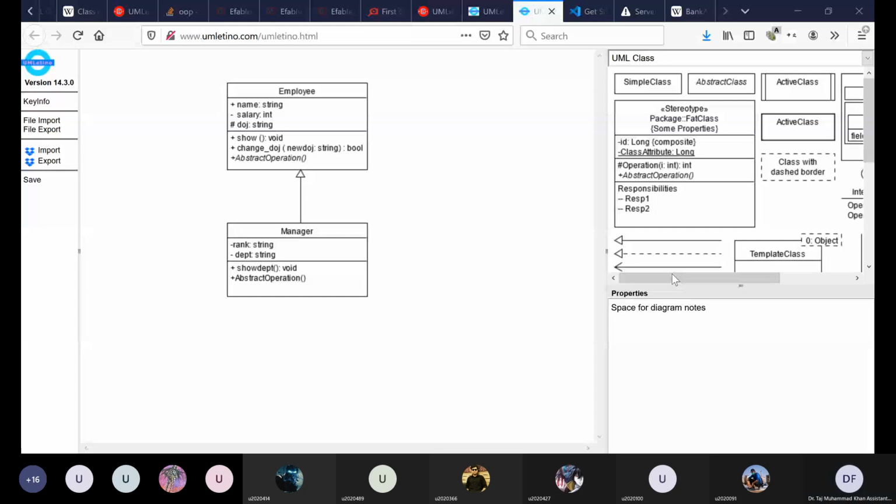Protected members are. So I want to talk about some relationships. You can have different kinds of relationships. One of the very useful ones, the simplest, is this inheritance relationship, generalization. Okay, what if these are abstract?